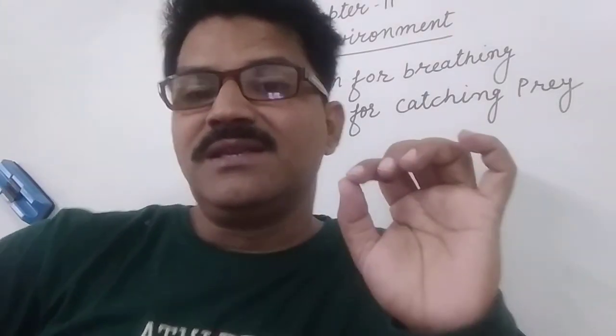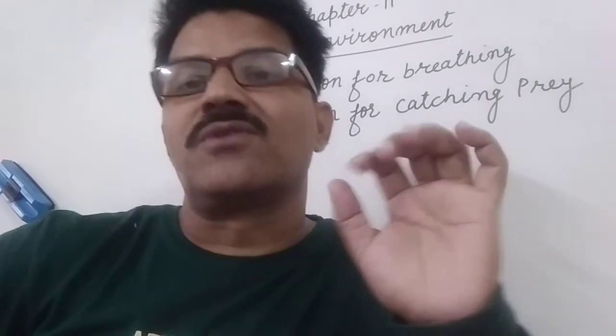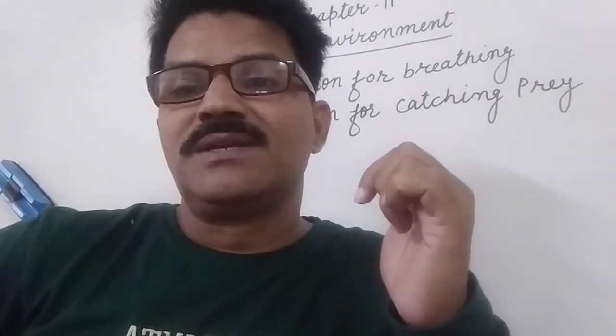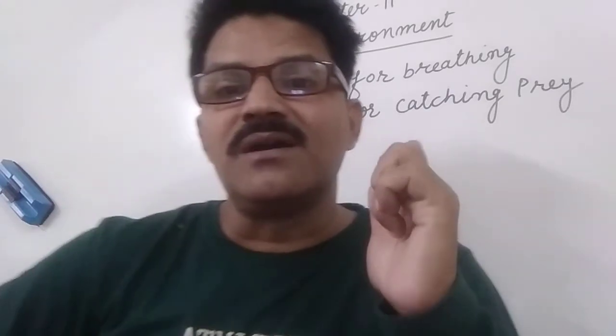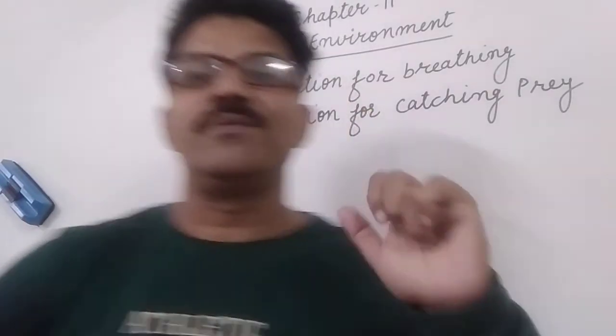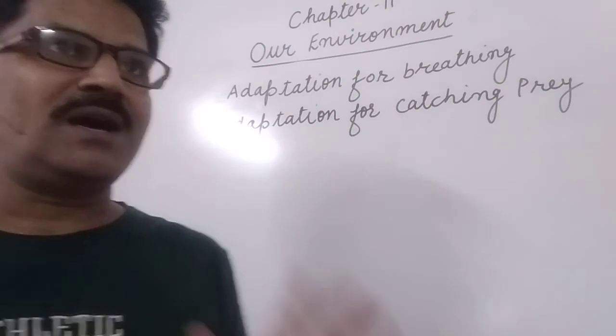Animals like the eagle and lion have strong claws and jaws respectively, while the chameleon and frog have sticky tongues to catch insects. So first of all, we discuss herbivores. Herbivores are animals that eat plants and plant products. What types of teeth do they have? They have flat molar teeth.